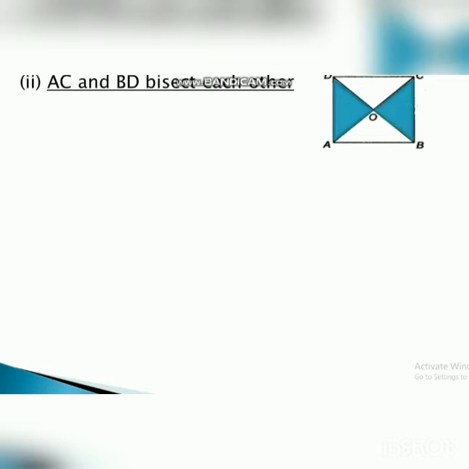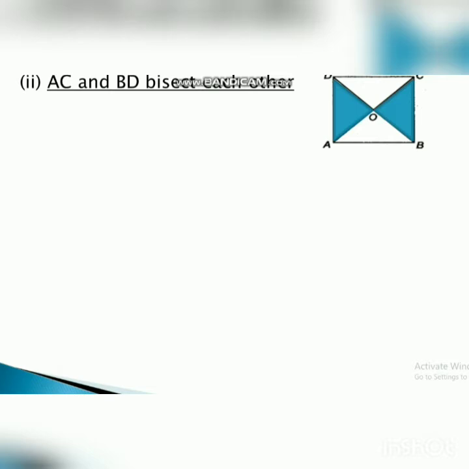That is, OA equal to OC and OD is equal to OB. For that also, we are going to consider two triangles having sides OA, OC and OB, OD so that its congruency will help us to prove all these sides are equal. So select such two triangles from the figure. They are triangle OAD and triangle OCB. OAD contains the sides OA and OD. OCB contains the sides OB and OC.